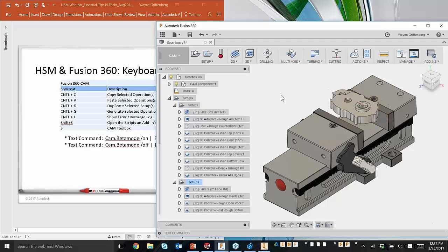Also the S key. We're going to talk about this in a little bit, but if I'm in the graphics view here and I hit the S key, it brings up the CAM toolbox. And I'm going to jump into this. Actually, this is probably a good place to get into that. I was going to save this for later, but while we're here, I just want to show you that I hit the S key. No matter where I am, I can hit the S key and I can search for